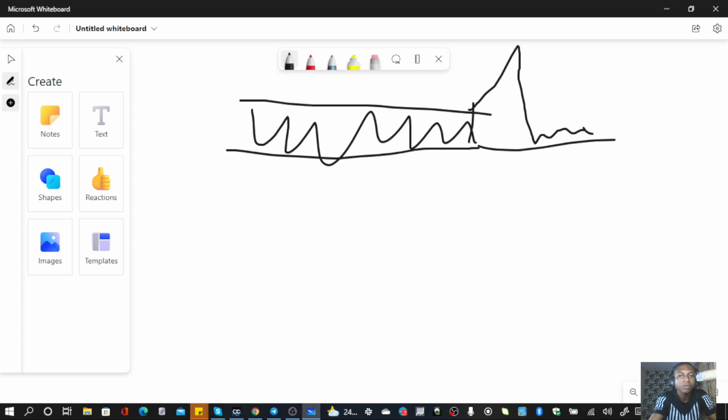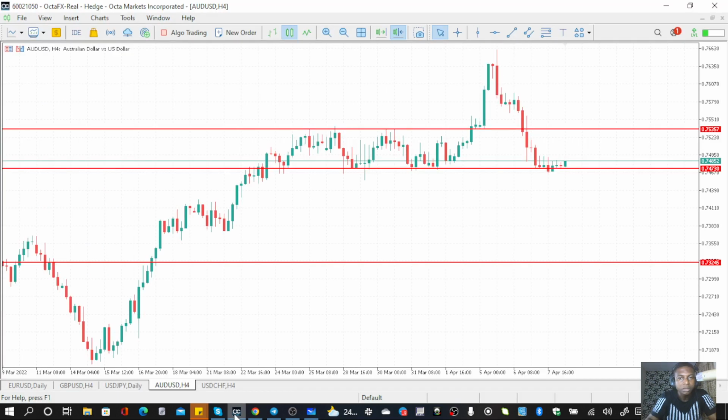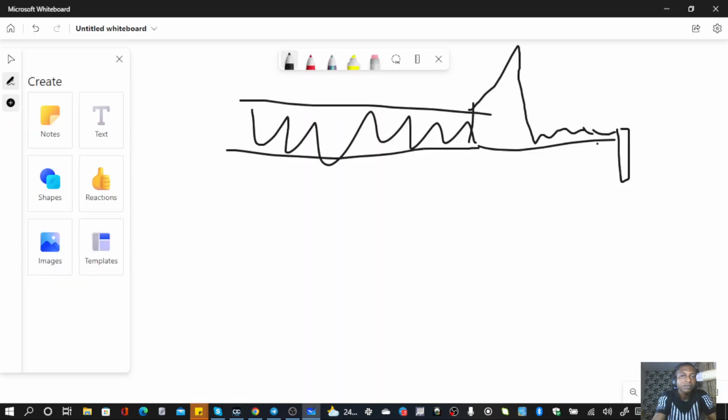Price had initially gone up and went down again to the same level. So price is at this level now. This level determines what the market will do next. So if there is a breakout candle here, let's say a bearish breakout candle,